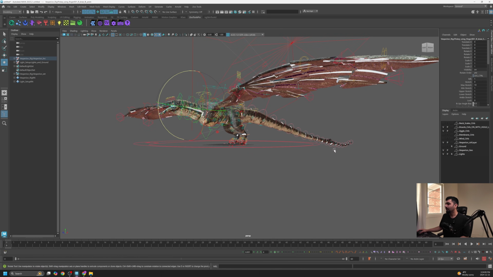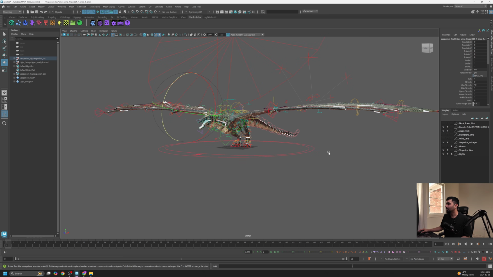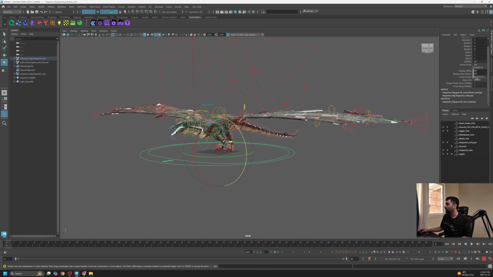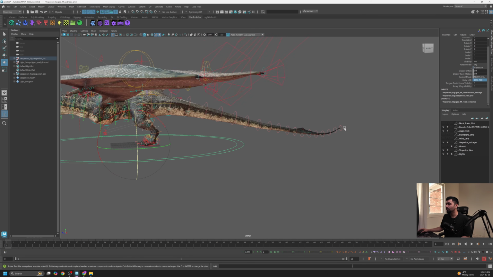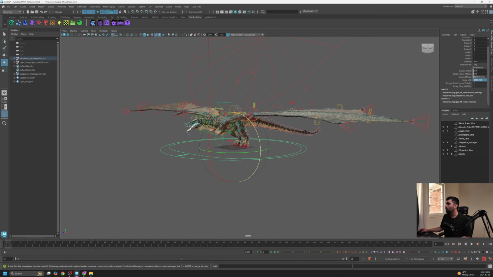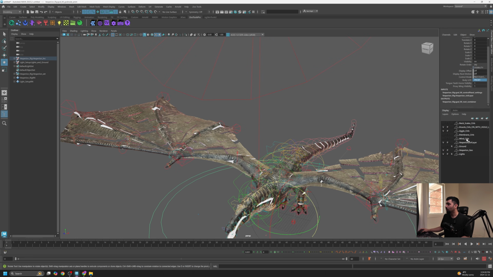So I think I might have moved this, that's why it's a little bit broken apart like this. But I'm going to switch back to LOD 100. Okay, so now this is by default. Now the reason it was broken like this, the proxy, is because we have those wind controllers